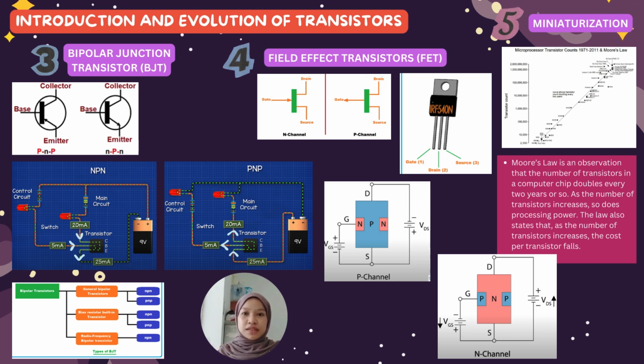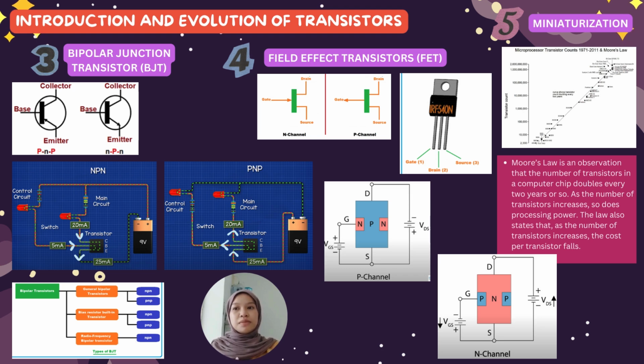I also put another type of transistor, the FET, field effect transistor. It consists of two types, which are P channel and N channel. Each channel consists of three terminals, which are drain, source, and gate. Current can be controlled by varying the voltage at the gate. As you can see in the picture, in N channel, when we apply reverse bias in V gate source, the depletion layer will form where the P-type and N-type regions meet. This requires the gate source voltage to be less than the drain source voltage. The more biased it becomes, the more the depletion region grows. The higher the difference between gate source and drain source voltage, the greater the depletion region, and it causes smaller current flow.